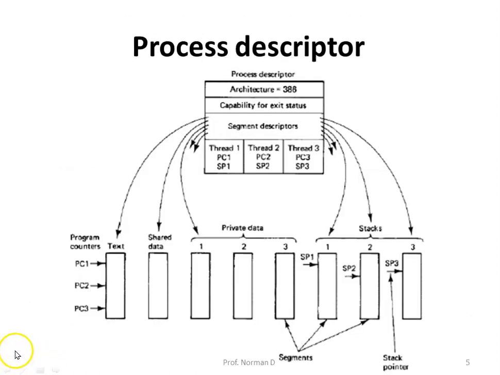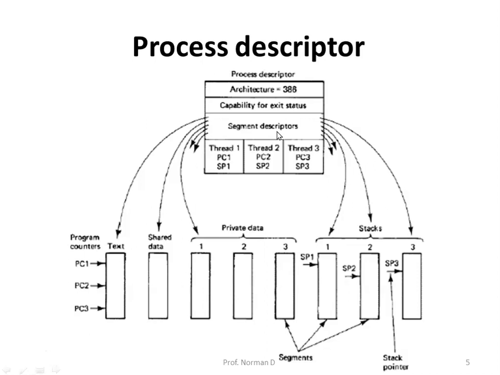Now let's discuss the process descriptor. A process descriptor provides information about the process to be run. One field tells which CPU architecture the process can run on. Another field contains the process owner capability. When the process terminates or is stunned, RPCs will be done using this capability to report the event. It also contains descriptors for all the process segments, which collectively define its address space, as well as descriptors for all its threads.